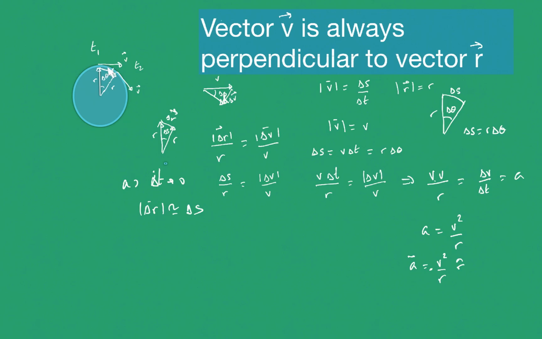But the direction of delta v will be exactly in the opposite direction, as is the vector r. So we can write this equation. The acceleration has a magnitude v squared divided by the radius, and has the direction of where the vector r is. Remember that this means a unit vector in the direction of r, but in the negative direction of r, going to the center. So this is called centripetal